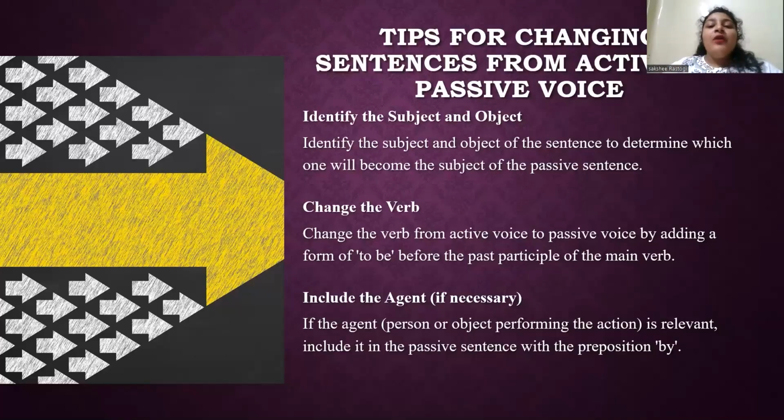Change verb form. When using the passive form, the verb typically adds -ed or -en onto the base form, for example, write becomes written. Be aware of irregular verb forms and exceptions. Add "by". Include "by" to introduce the original subject, now the agent of the action. This helps clarify who performed the action, even if the focus is on the recipient.